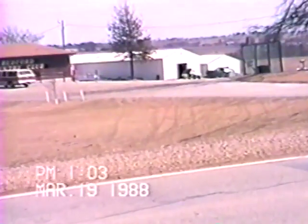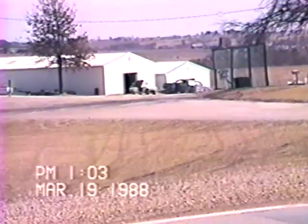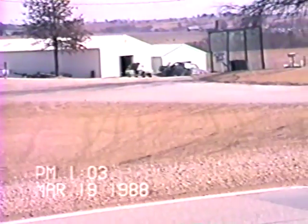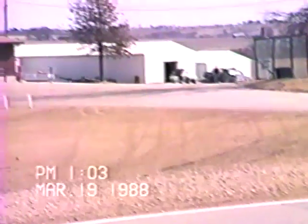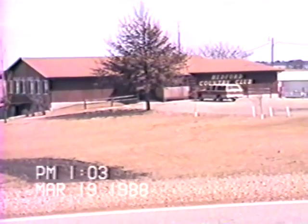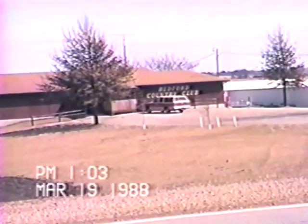But you can see now that the golfers are getting ready. It is now about 50 degrees here, I guess, but the wind's blowing horrendous. You can hear it, I'm sure, in the mic. And we're getting ready. We're going to stop at the junction up here, get us a sandwich, go through Maryville, and start on home then. So until later, we bid you adios, amigos, and all of that other kind of